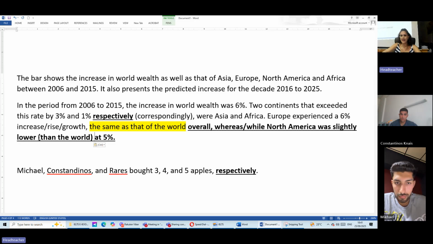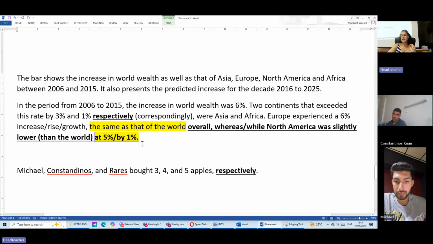If you want to say "by," you have to make the subtraction. Guys, it's a different thing to say "at," and it's a different thing to say "by." If you say "by," you need to say 6 minus 5 equals 1. So it's by 1%. So it was lower by 1% or was lower at 5%. Do you see the difference between the usage of the words "by" and "at"? Yes, Constantina. Okay, so both are correct. Be cautious how you use it.